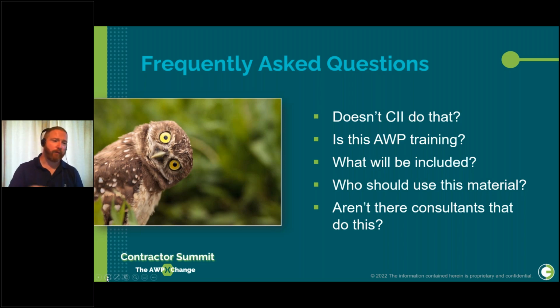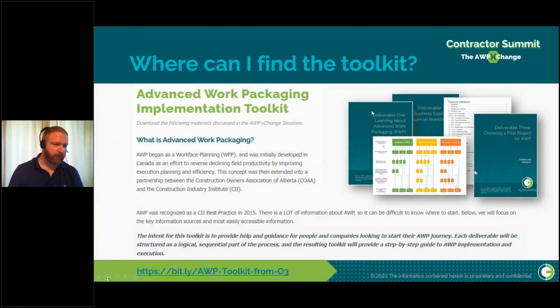If you then use a consultant to help develop and further refine your process, absolutely, there's definitely people out there who can help you with that. So the last part of this, where do I find it? It's on our website. We have started the release. I think the first 5 deliverables are already available on the website, and we're going to be releasing it gradually throughout 2022. So if you go onto our website, under the resources tab, just look for AWP implementation toolkit.